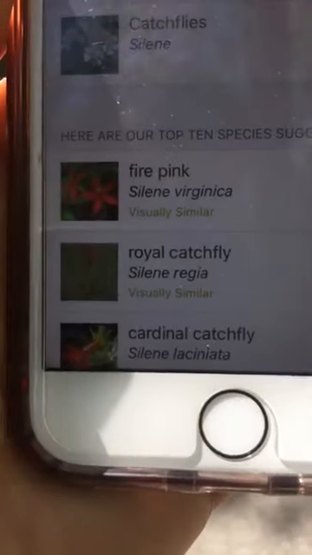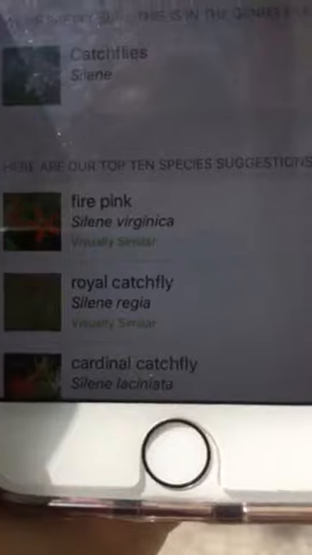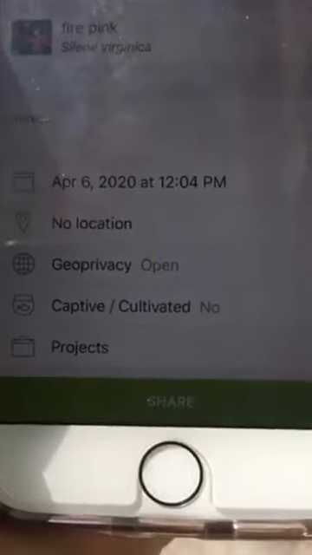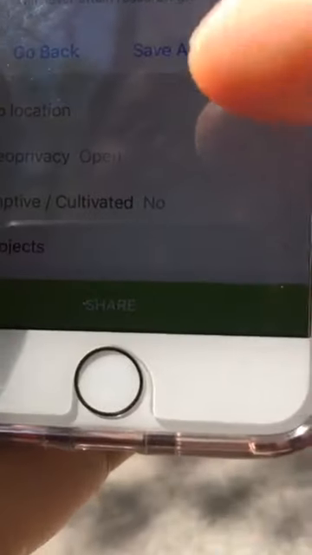So I happen to know that this is fire pink. And if you look at the picture and the picture on the app, they're very similar. So I'm going to click fire pink as the species, the Silene virginica. Then if you look down at the bottom, there's a green box that says share. Once you click that,